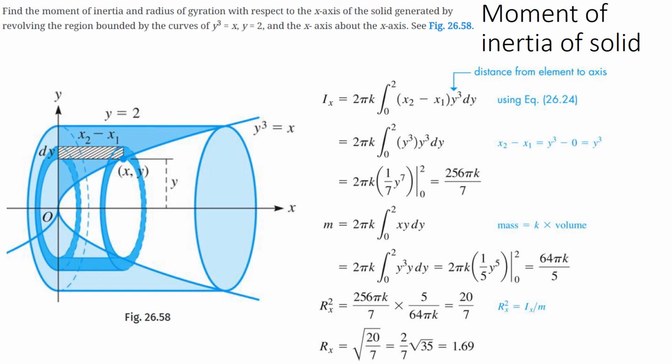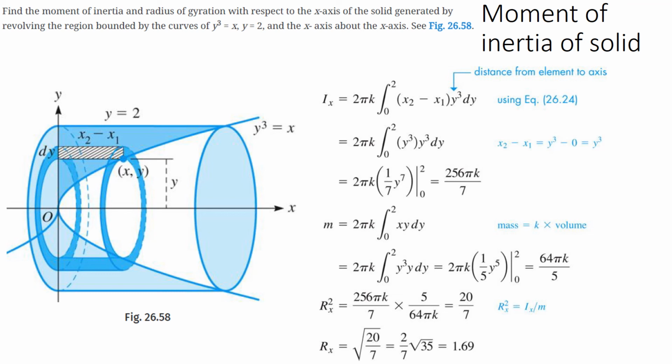And then the area of it is x1 minus x2, how wide the rectangle is, multiplied by how tall that rectangle is. That's dy. And I want to spin that rectangle all the way around to form a cylinder, and that's where I've got the 2 pi. And the k represents the mass of glass, how heavy this glass is per unit area. So I know the mass of glass per unit area, and I create all these rectangles spun around the x-axis